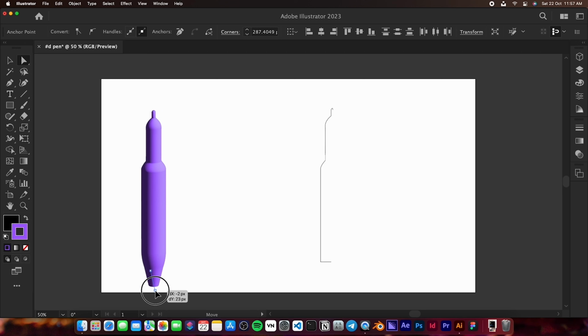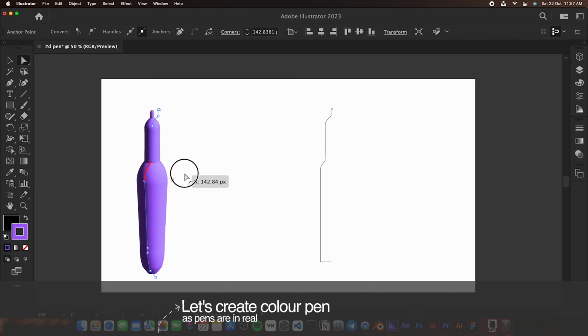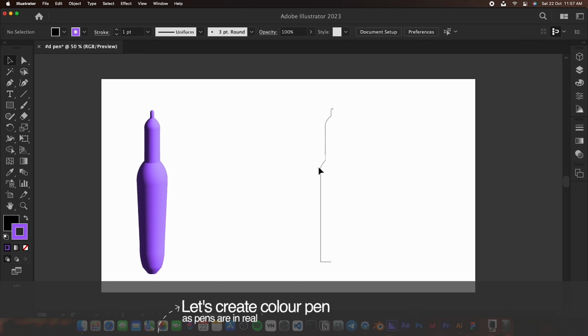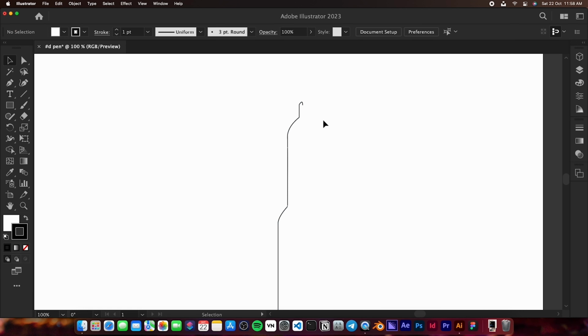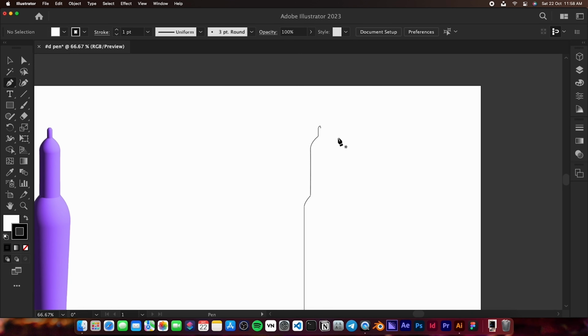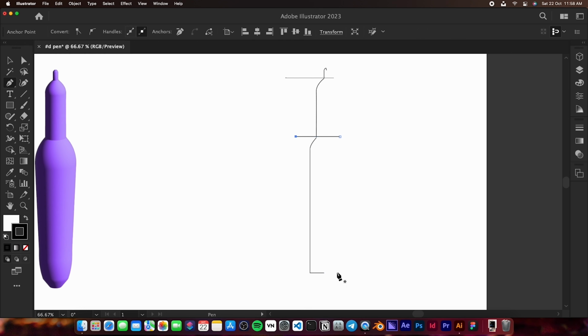But if you notice, this is a monochromatic pen, like a pen with the same color. But you know, a pen never stays the same color from top to bottom. So let's create a multicolored pen. Just use your pen tool and create divisions where you can see the difference between two colors, wherever you feel that there will be color differentiations or color difference,